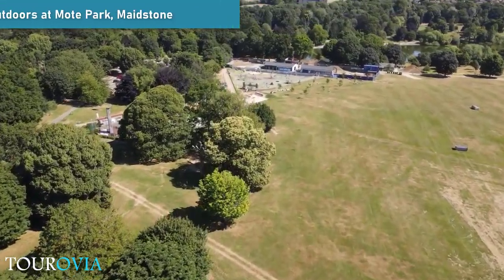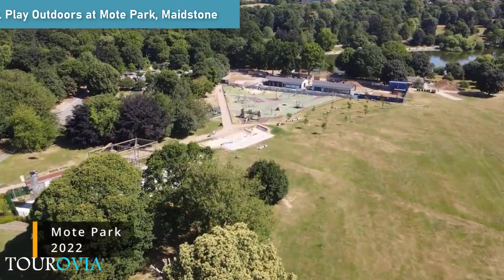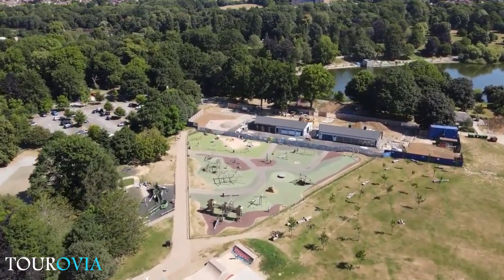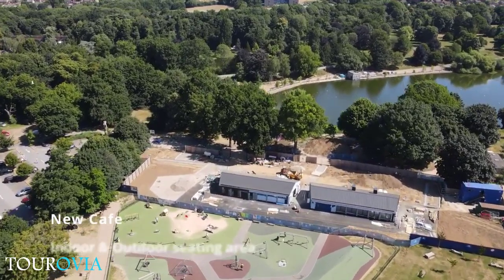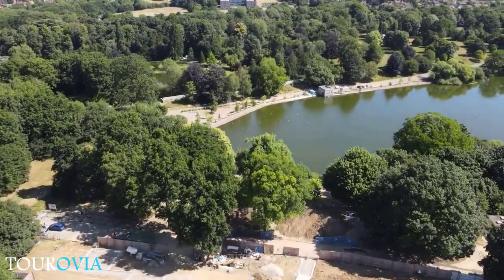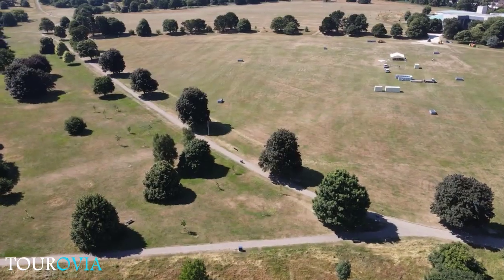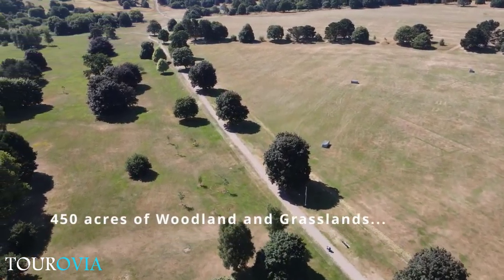Number 8. Play outdoors at Mote Park, Maidstone. Set on a large 440-acre site in the county town of Maidstone, Mote Park is one of the best places to visit in Kent for those who enjoy green spaces and the great outdoors. Once the grounds of a privately owned country estate, this well-manicured park is fun to spend at least a few hours exploring. Highlights of a visit include walking or cycling the park's extensive trail network, taking the kids for a